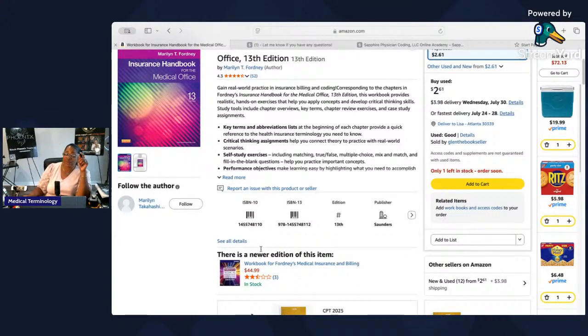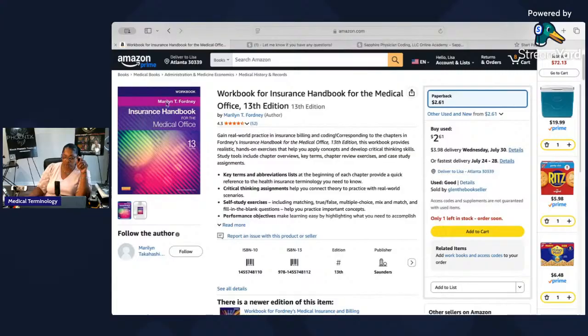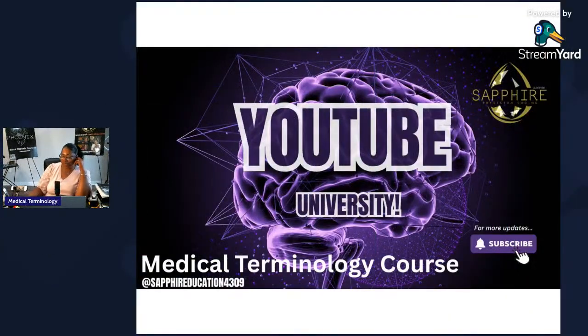I'm telling you right now, Amazon always has something to trip you up. Okay, look at this book. This is the workbook, but I don't care. It's $2. You guys can get it. I'm steady talking. I've got to make sure you guys can see that. Do you see this $2? Sometimes you might see something on a whim. So again, don't sleep on Amazon. I'm telling you right now, do not sleep on Amazon.